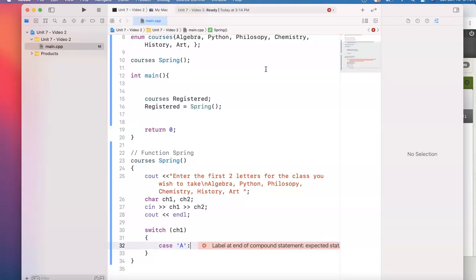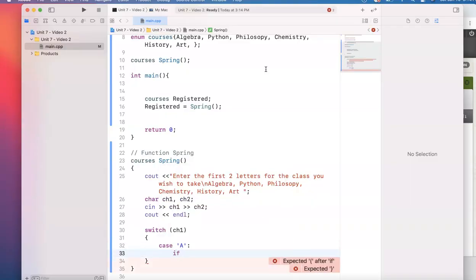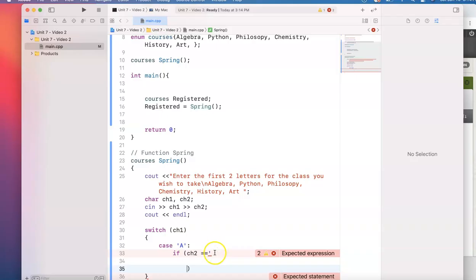That's not enough. If character 2 equals, what was A? What do we have for A? I forgot. Algebra. If it's equal lowercase l,